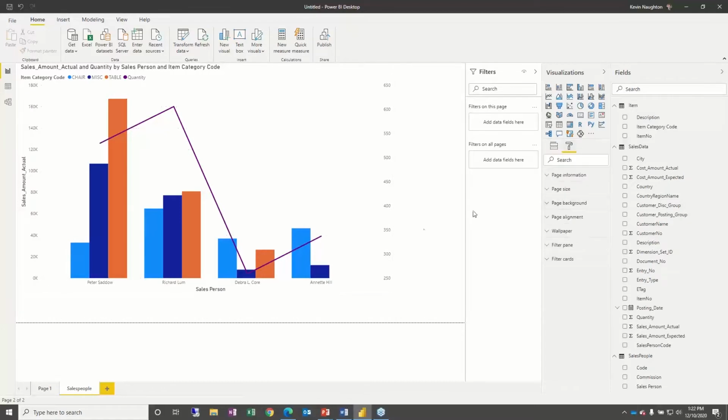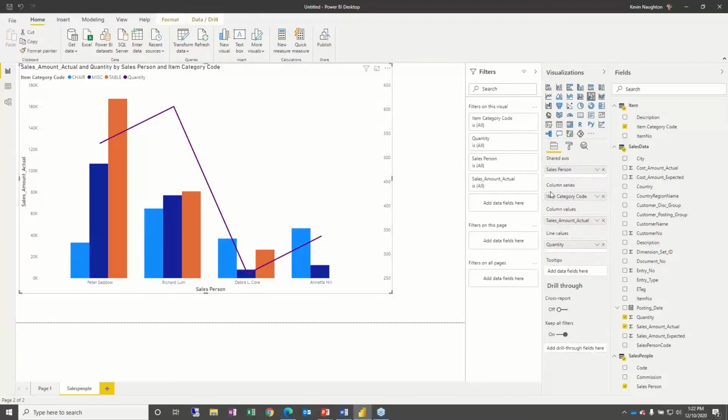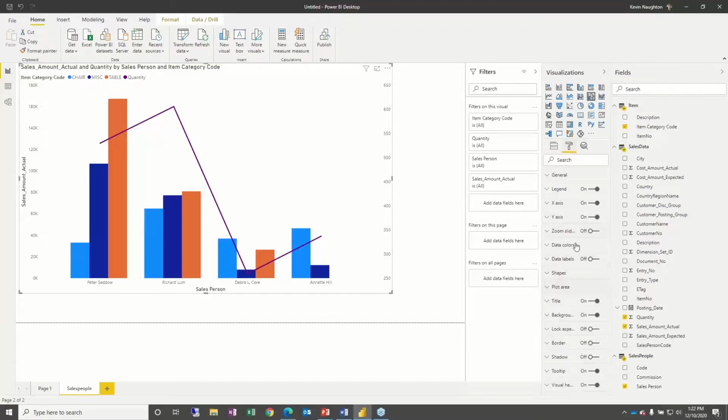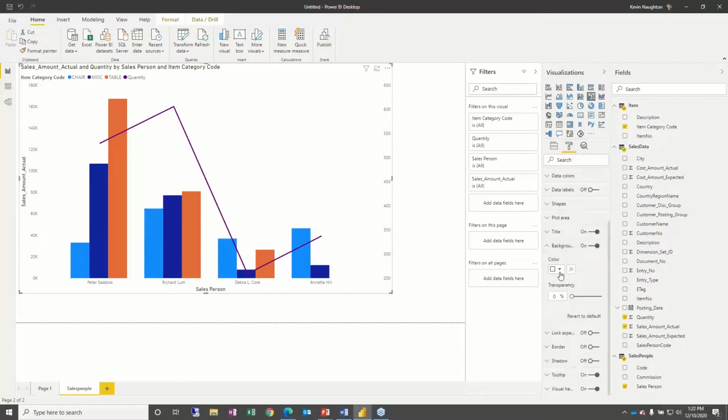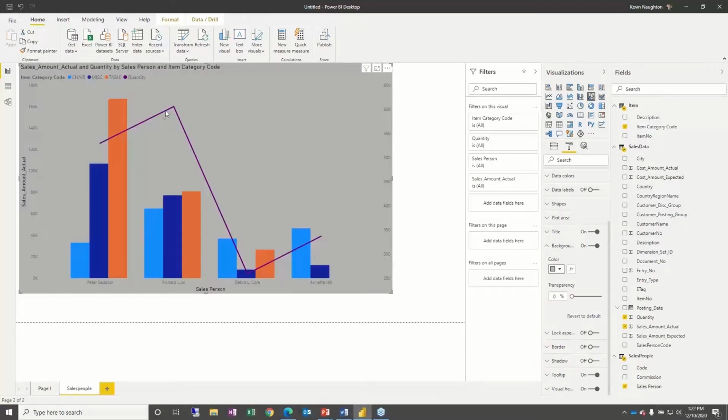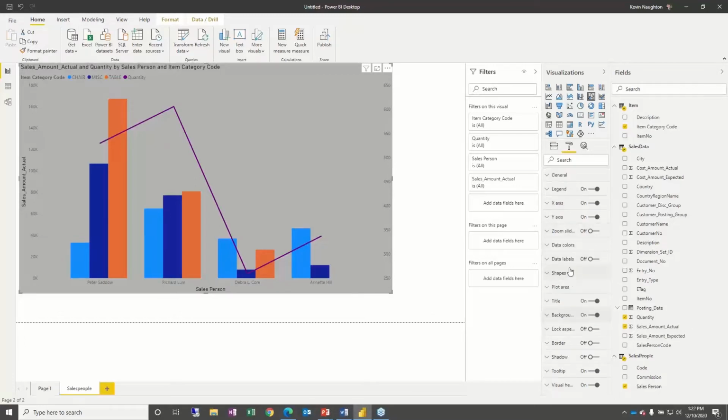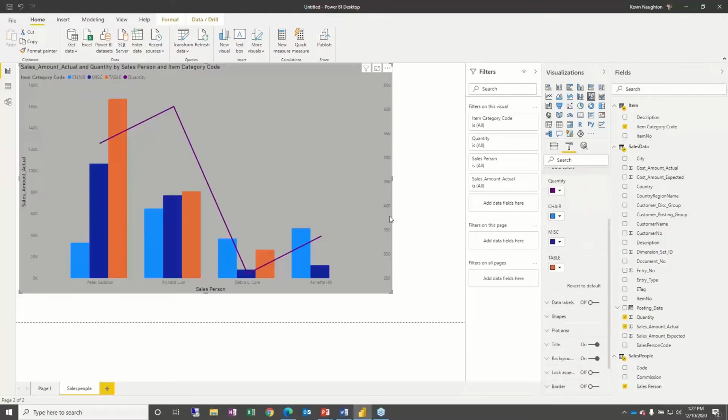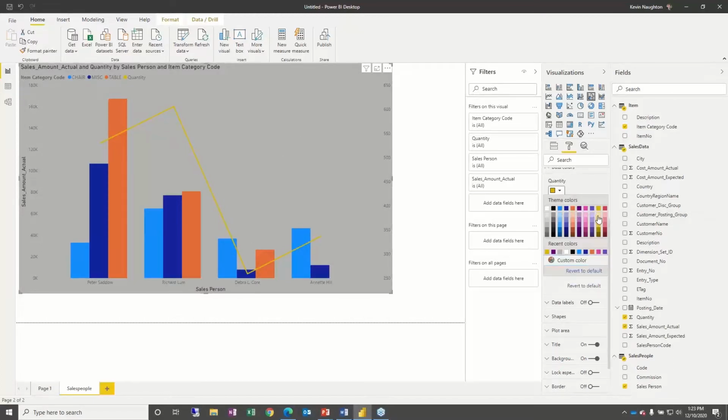Let's just make this a little bit easier to read, and we can change the background to there. And if you want this line, let's just kind of go through. I'll show you a little bit here. Let's take the data colors. Let's say that purple blends too much into this blue. You can, of course, just change that to however you want to. Just yellow, something different. It sticks out a little bit more. I don't know. But there's a lot, of course, that you can do